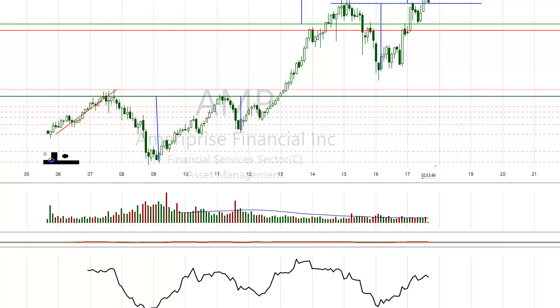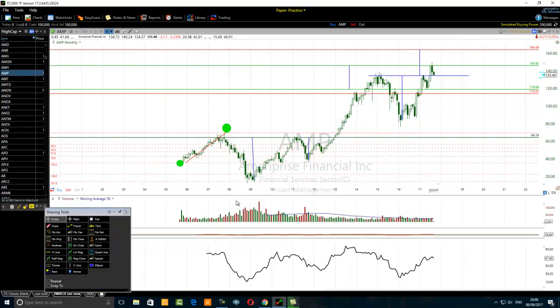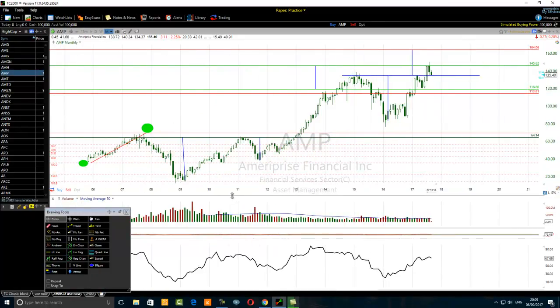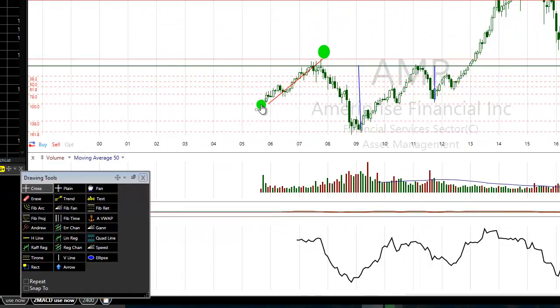to this trending phase from 2005 to 2007. The financial instrument that we are analyzing is Ameriprise Financial Incorporated, EPIC, AMP, Alpha Mike Papa. So there was a trending phase. If you agree to that, with the information we got, it looks like it went up and then it started